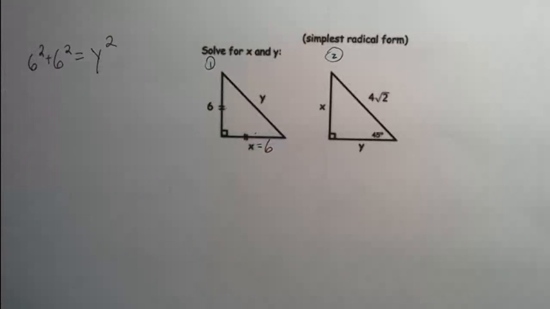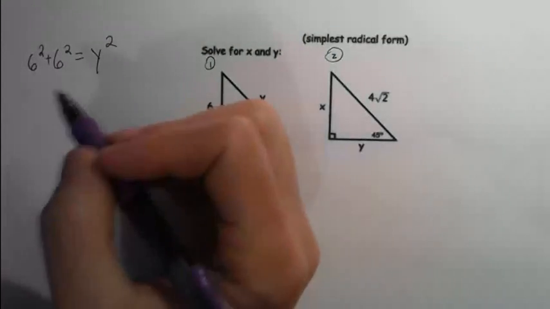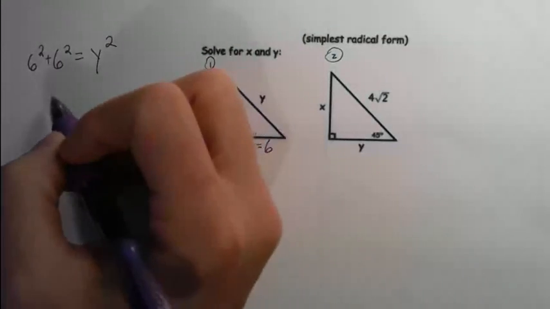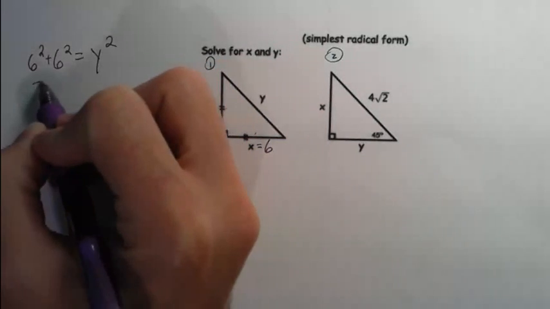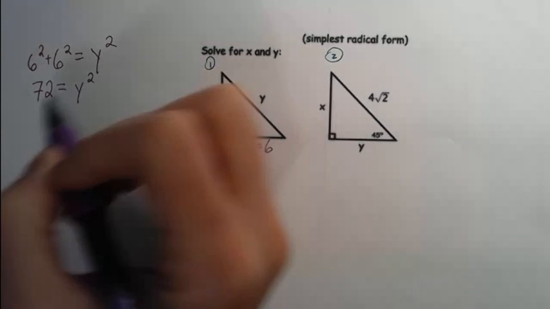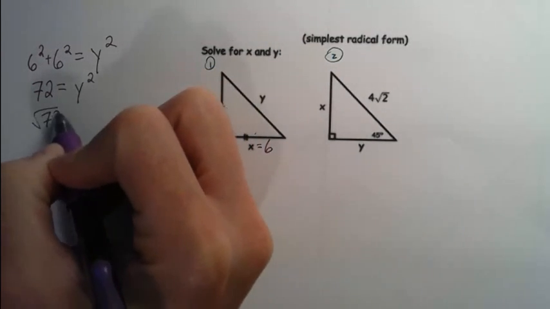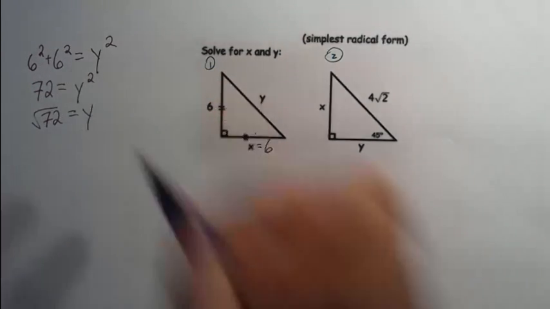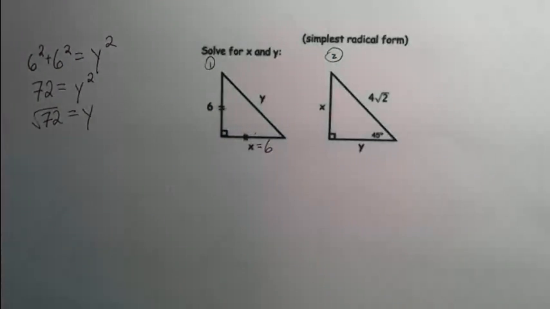Now, if I know that this is true, well, I can do 6 squared plus 6 squared, which would be 36 plus 36, and that answer is 72 equal to y squared. So the square root of 72 would equal y. But just like every other topic we've done this year, we want to simplify square roots whenever we have them,